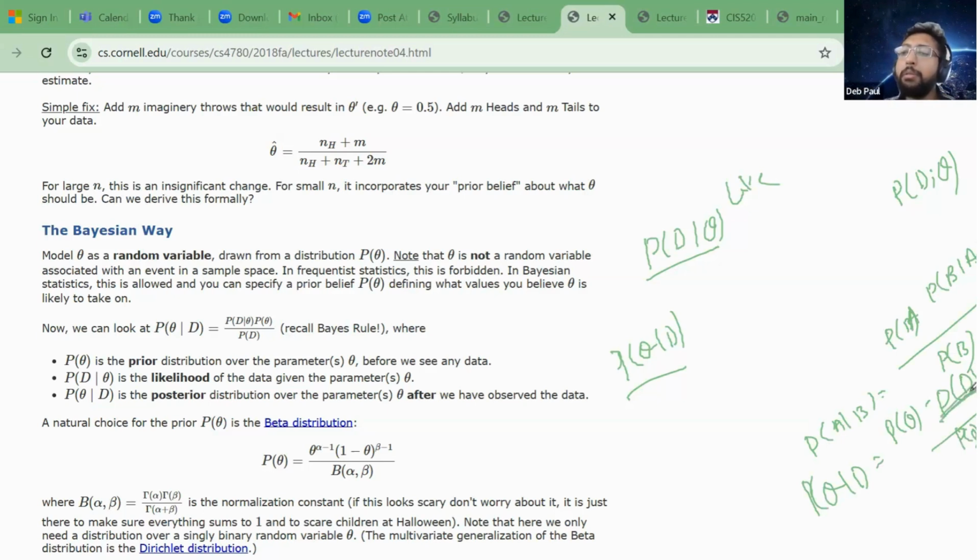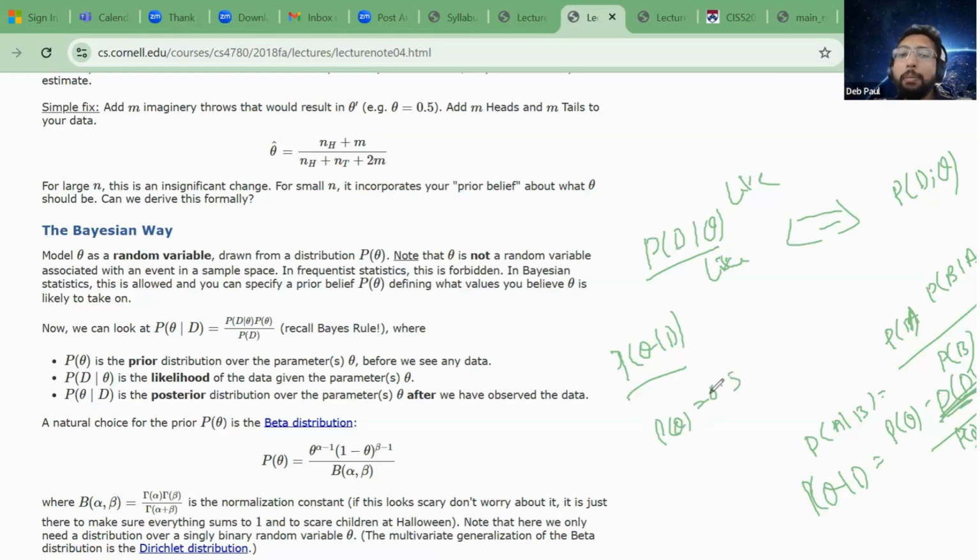And this is very important. This is called the likelihood, and there is a very close relation between the two. This is basically the same. We have to model the same likelihood, and P of theta is up to you. You can make an assumption there. In the previous case, you made an assumption that the coin toss is fair. So in that case, you can say P of theta is 0.5.